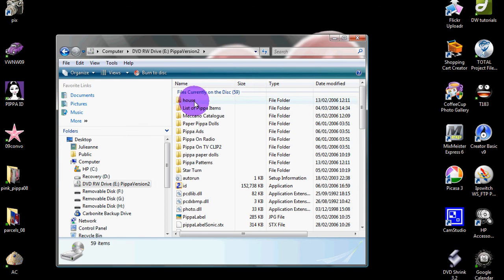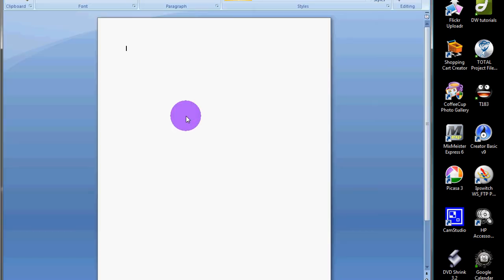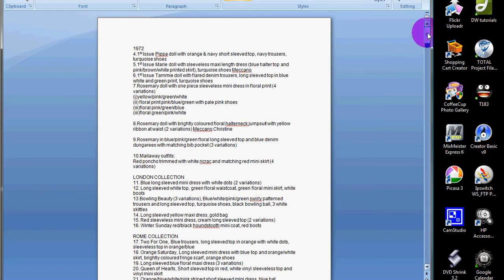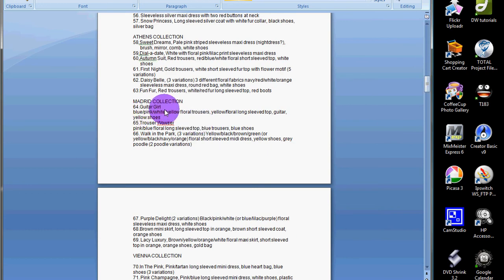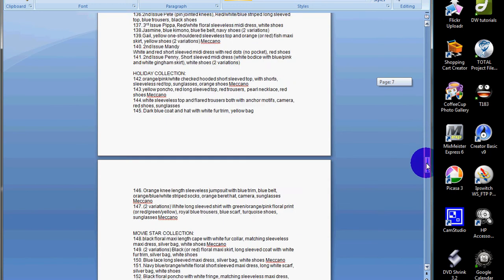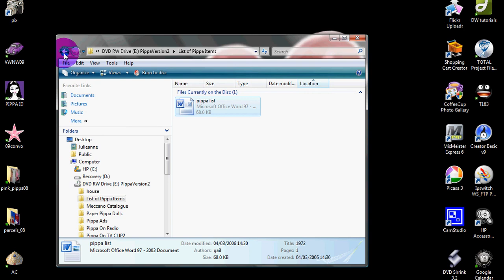But let's just pay attention to some of these extra folders here. For instance, one useful thing here that Gail's put in is list of Pippa items. And this is an actual Word document, which is really great for nerds because it lists everything that's on the ID CD with the page number, so you can scroll down and look for everything. You could tick them off as you go along. How satisfying will that be when you have eventually got everything? So that's quite useful. I'm going to use the back button here to look again at the different folders,